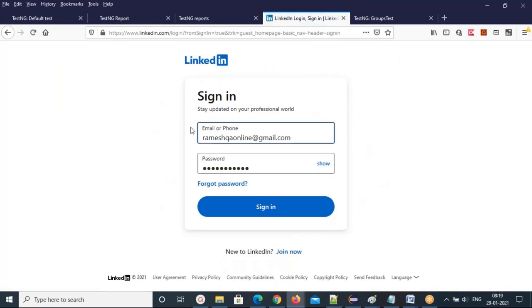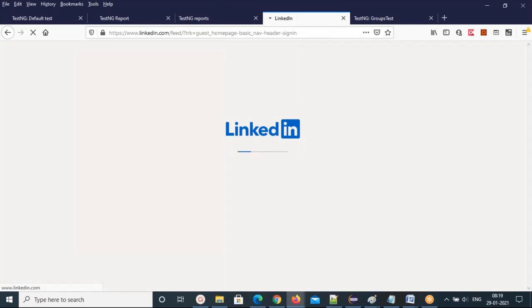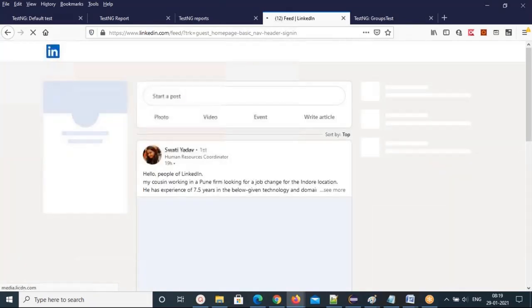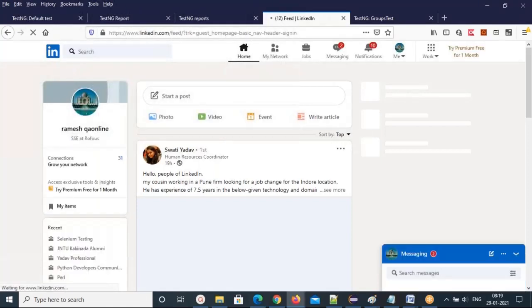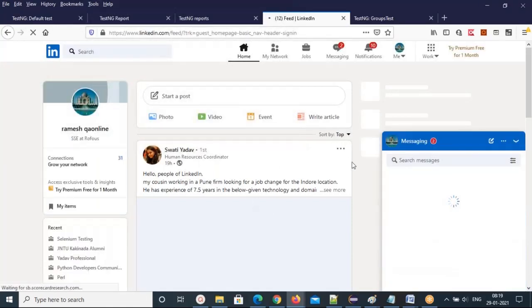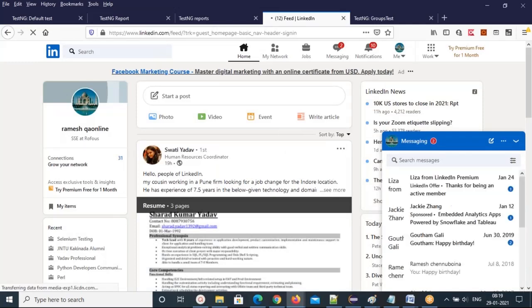This page is different, right? Then I'll type the username and password, click on sign in. If you click on sign in, it will go to the logged in page, right? Inside page it will go. Now after landing here, I need to verify some element here.